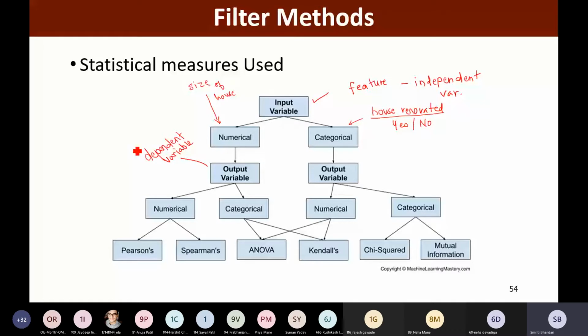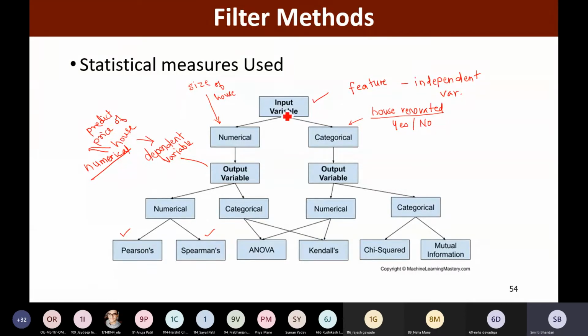What am I going to predict? I am going to predict the price of the house. So this price of house is my dependent variable and that too is numerical. So if my input variable is numerical and my output variable is numerical, then I may use statistical measures such as Pearson's correlation coefficient or Spearman's coefficient.